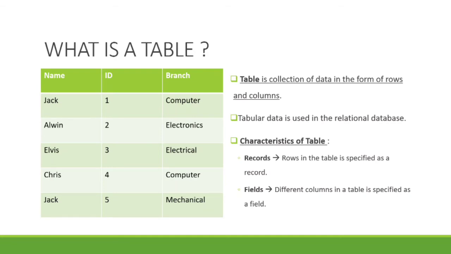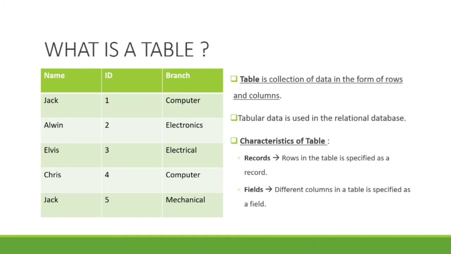So the field is something on which the people in our database are differentiated. You can see the columns are signifying the fields. Name is a field because every individual has a different name, so the people are getting classified on different names. All those things on which we are classifying anything come under the field column.